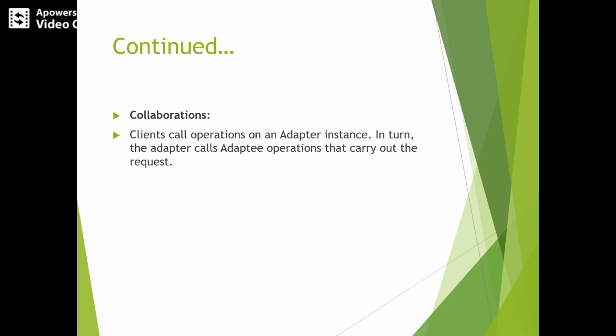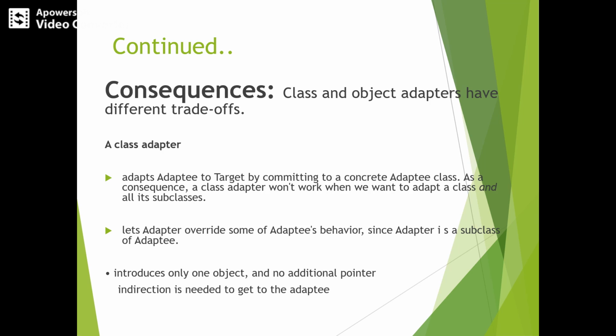Collaborations. Here, the client calls operations on an adapter instance. In turn, the adapter calls adaptee operations that carry out the request. So in collaborations, whenever the client calls an operation on the adapter instance, the adaptee carries out the request. So that is the collaboration. Now the next template section in the adapter structural design pattern is